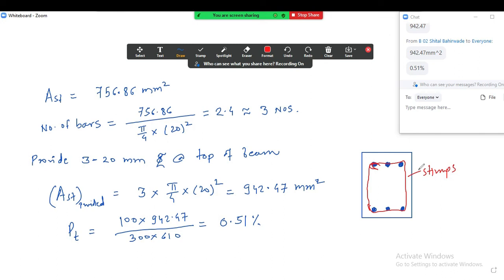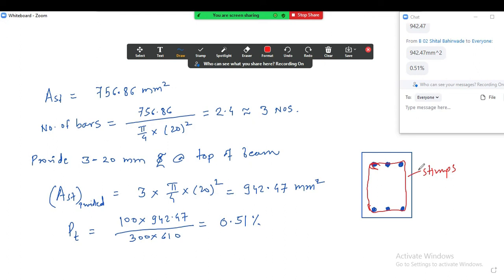If you don't provide these stirrups in the beam, then the beam may fail due to shear. कॉलम मध्ये आपण, सॉरी कॉलम नाही, स्लॅब मध्ये आपण स्टिरप्स प्रोव्हाइड करत नाही. We avoid providing the stirrups in slab because in slab the shear force is very less, so there is no need to provide the stirrups. We just check for shear, it always comes satisfied, and we don't provide the stirrup.